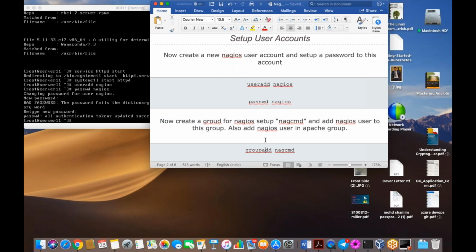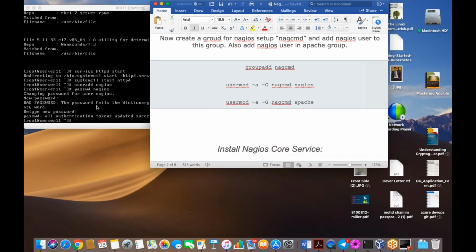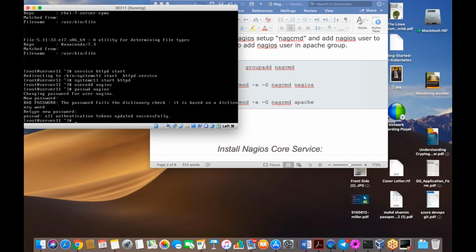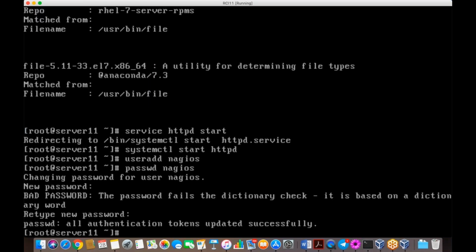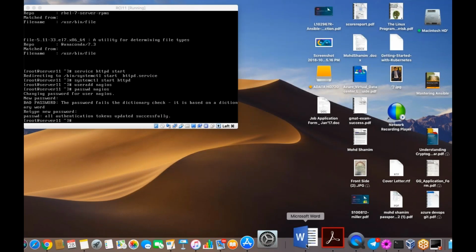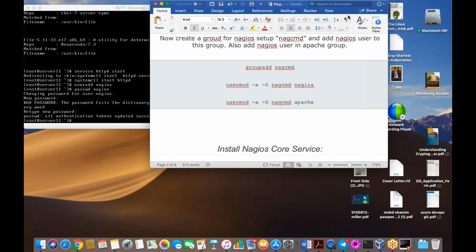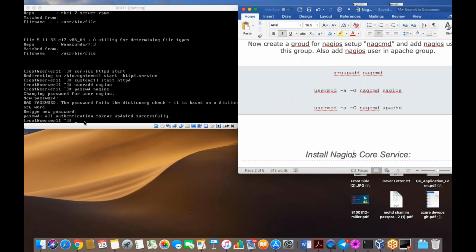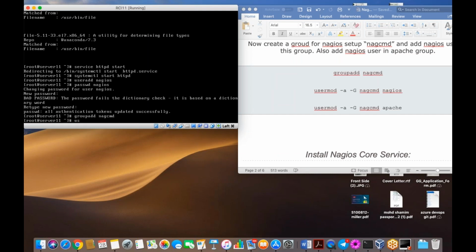For this task we have to use this command. groupadd nagcmd. Done. Then usermod -a